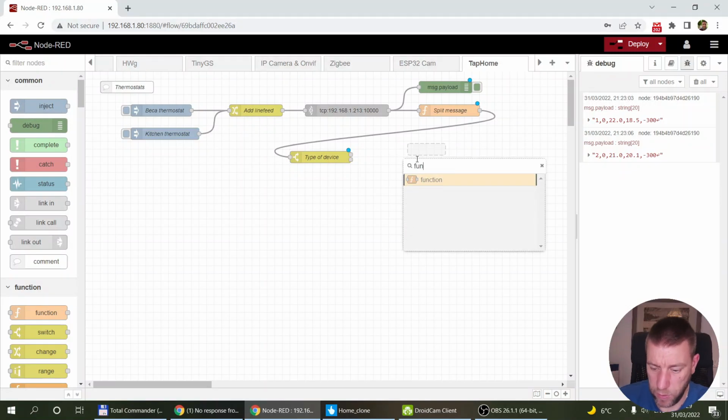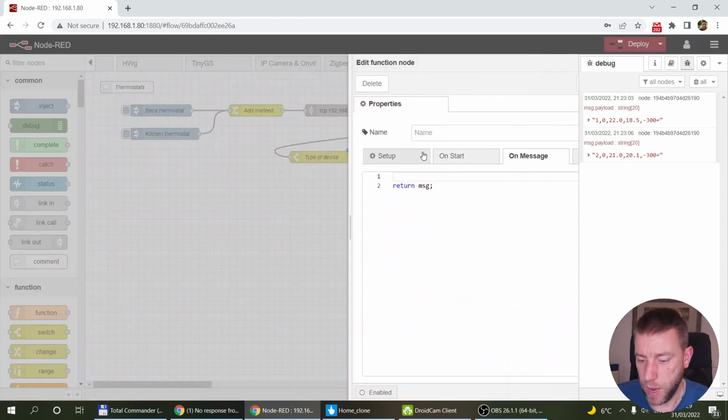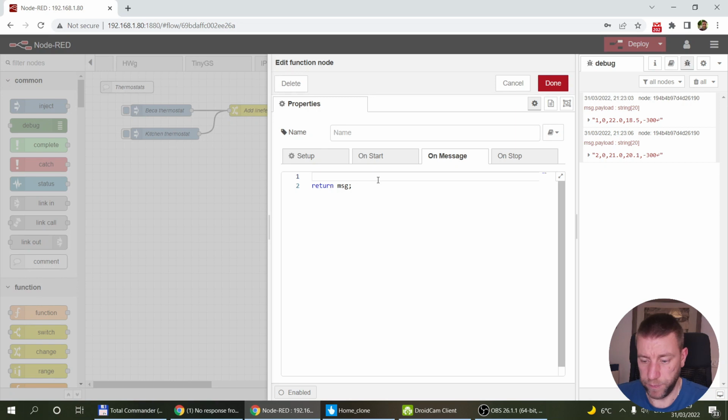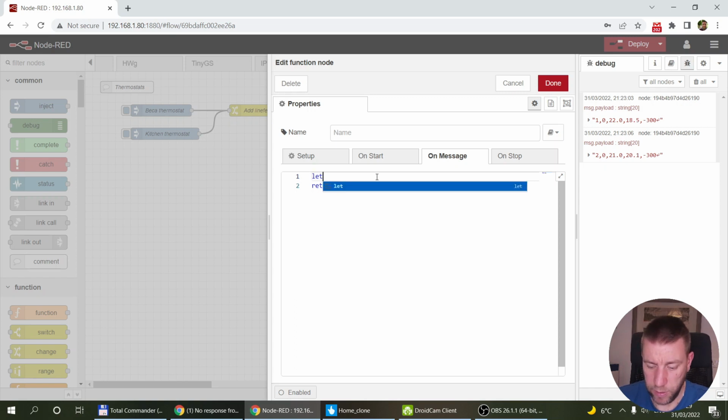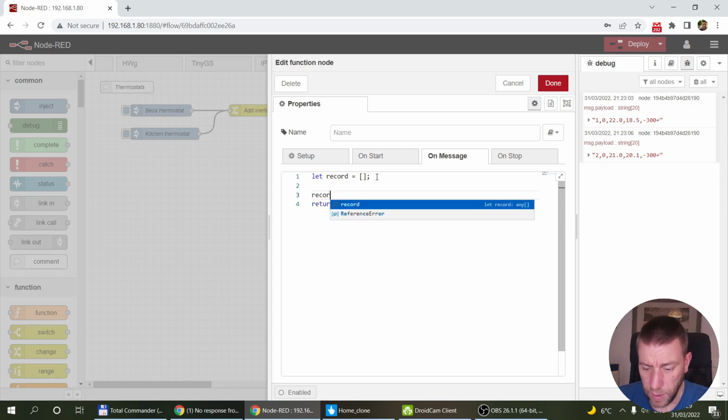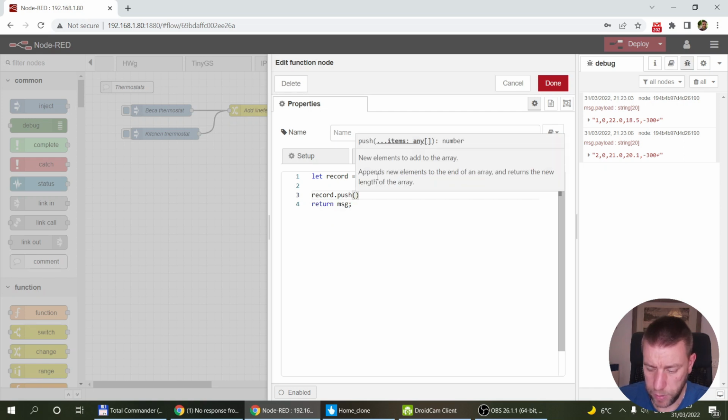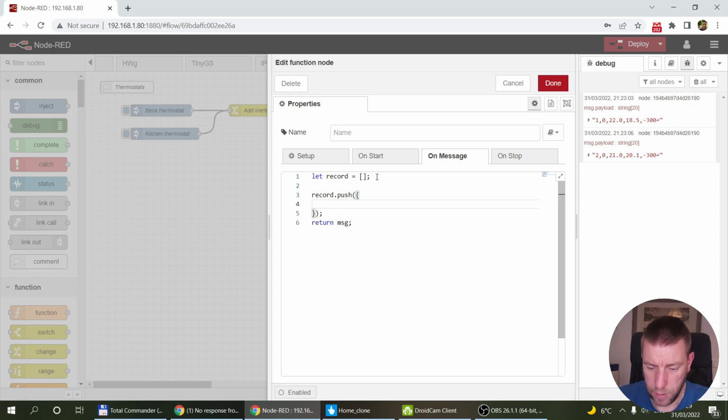I'm pretty sure there is a way to combine JSON and the line protocol as well, but I'm not really sure. So I'm just going to create a record, and that's going to be an empty array, and the record push,